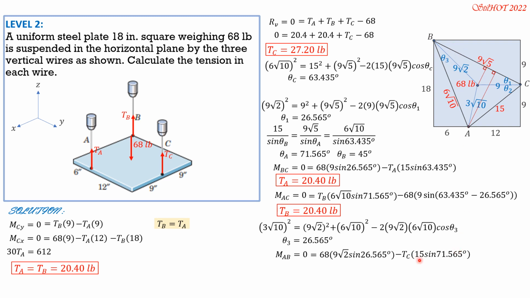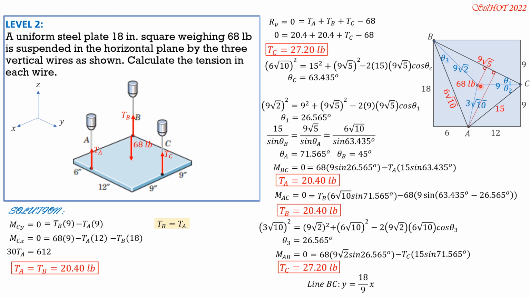If you want, you can replace this by 9 square root of 5 sine of theta B, which is 45, and the answer should be the same. So tension C is 27.2 pounds. Then another solution is by analogy. I only present in computing for tension A,